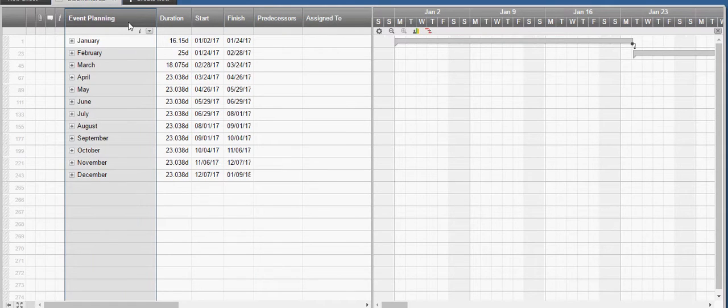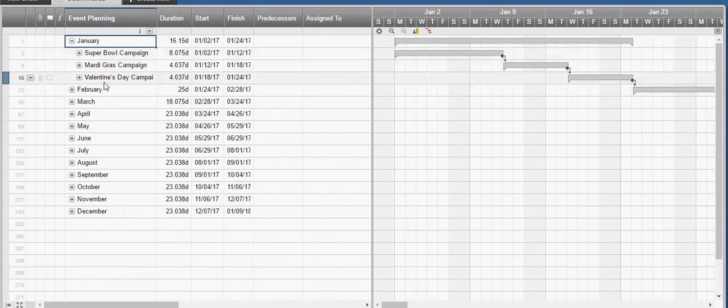So we'll start over here on the event planning. We'll take a look at January. If I open up January, then we have 3 campaigns in here, and again we've got the durations for each one of these allocated. The Super Bowl campaign is going to be an 8 business day campaign. The Mardi Gras campaign is going to be a 4-day, and the Valentine's Day campaign is going to be a 4-day as well. So we drill down into this a little bit further,